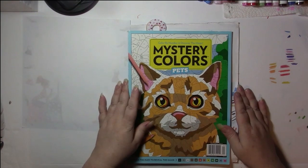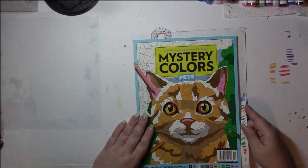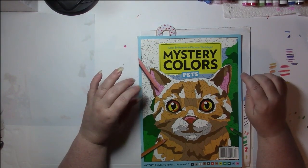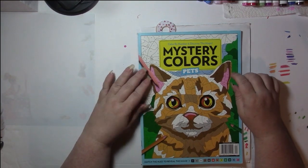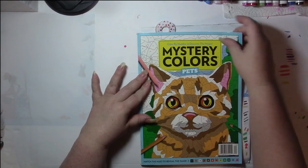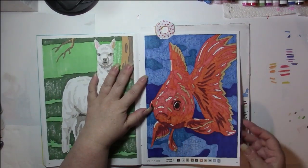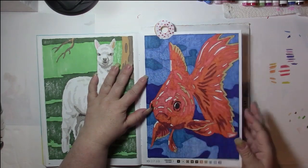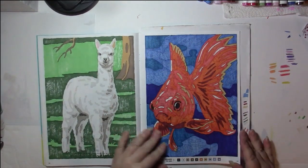And I'm still plugging on with Mystery Colors Pets. This is the first of the Mystery Color books that I came across. So it's volume 2. The only one I missed was Sea Life, which was volume 1. And I only did one in here. And that is, oh no, I did several in here. What am I saying? Okay, so we did the goldfish,